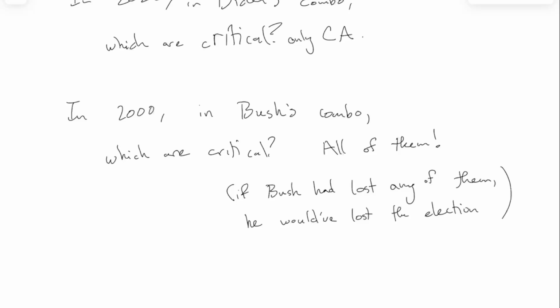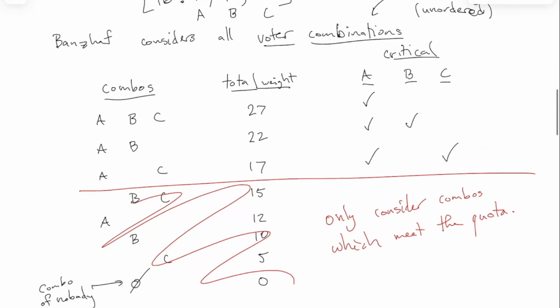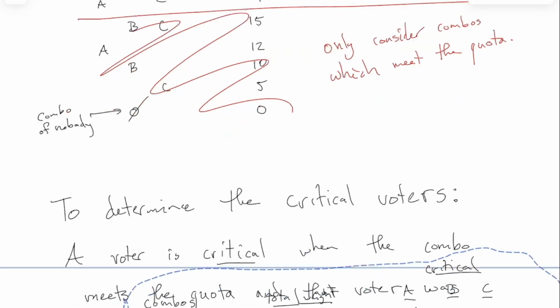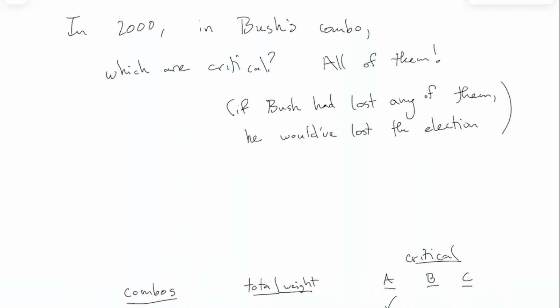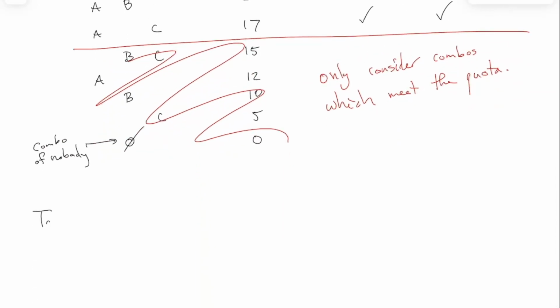Can we get back to doing the Banzhaf, though? I want to finish up this example from before, and then I have one for you all to try in our remaining 10 minutes. So here, we basically did everything. I'm just going to copy this down so I don't have to keep flipping back and forth. The only thing to discuss is how to say the final answer, all right? So in this case, remember the ranks and the weights and all that were 16, 12, 10, and 5, right? That's the ABC. So the way to summarize and report the answer,